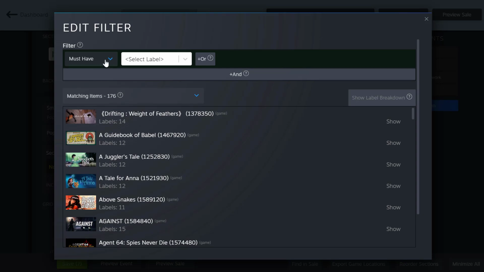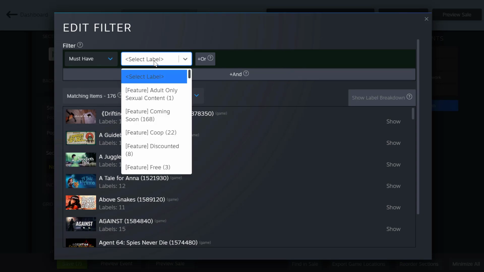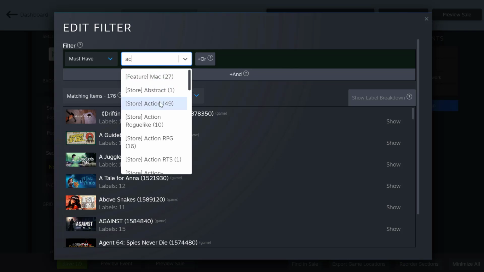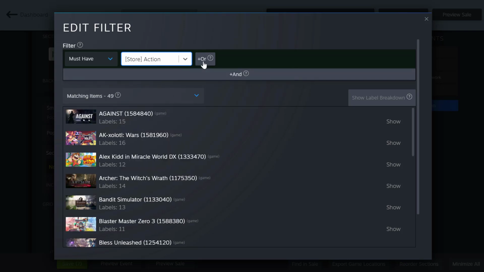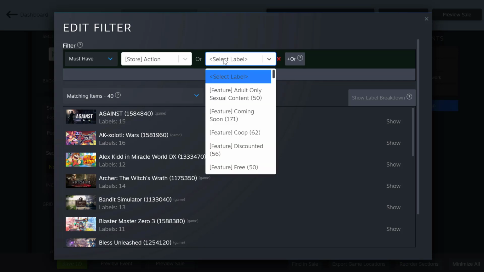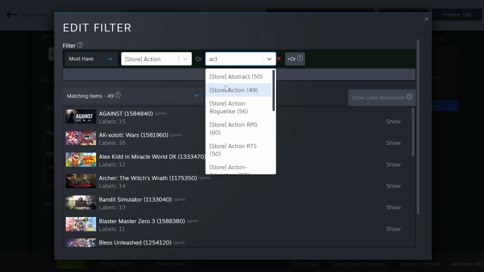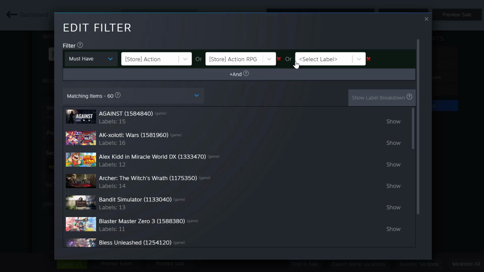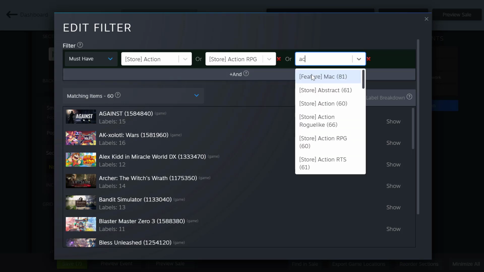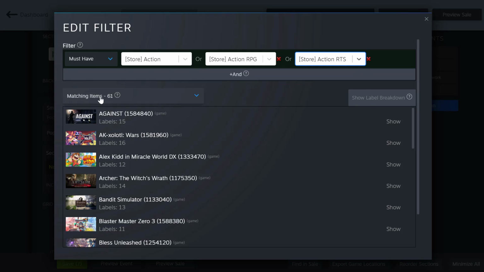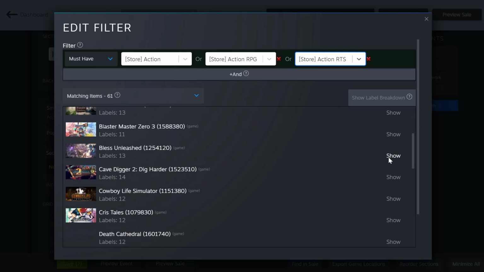So what I'm going to do here is set some tags that it has to have. I'm going to add a section of action games. And so maybe they need to be the set of games that are tagged with action and action RPG or action RTS. And you'll see here that based on the filters that I've set, there are 61 games that match that criteria. So now when I save